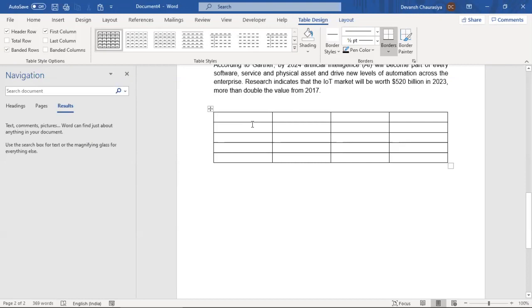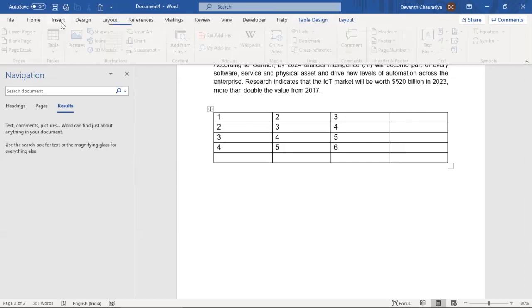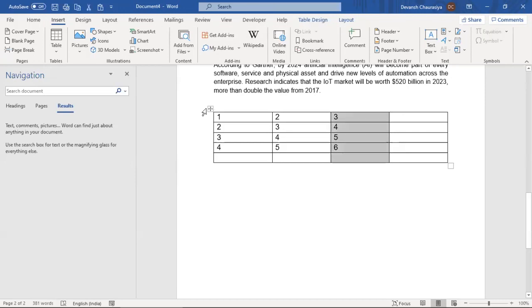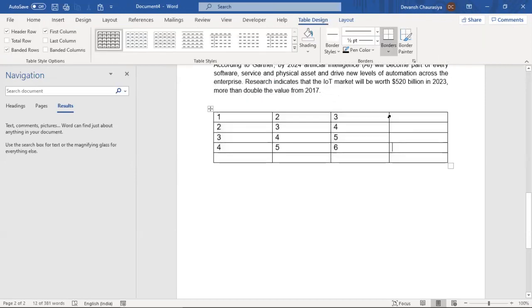Let me put some numbers. 1, 2, 3, 4. Okay. And let me write 2, 3, 4, 5. Let me write 3, 4, 5, 6. And let me add this. How do I add it is, if you click here,